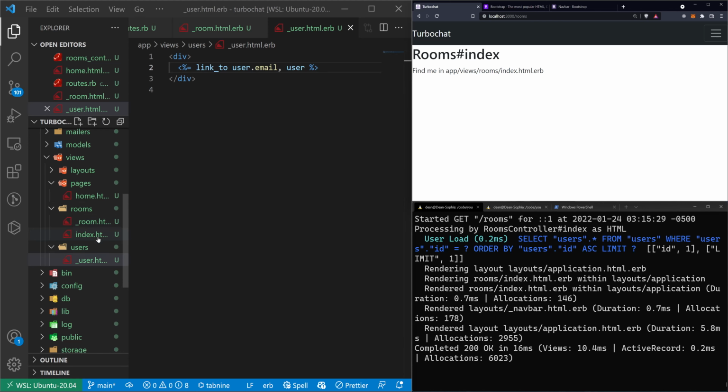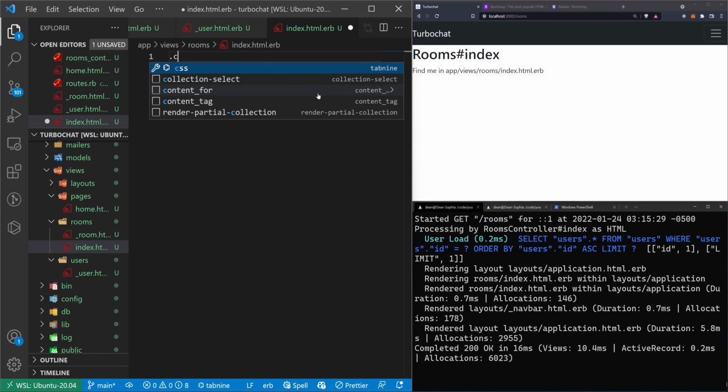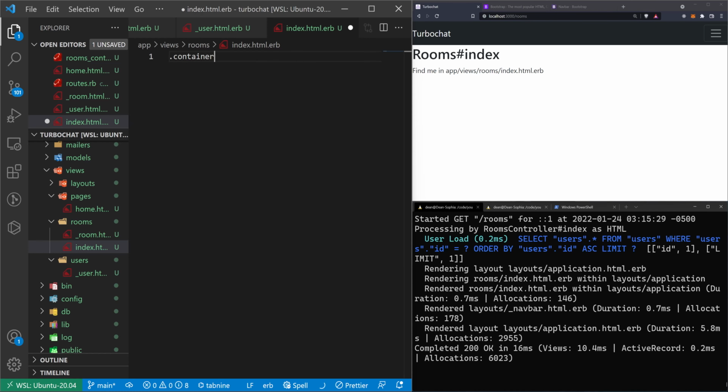We can then come into rooms and index.html. And instead of having this rooms index here, let's just get rid of that. Let's create a div with a class of container. In this div, we can add an H5. We'll say this is the